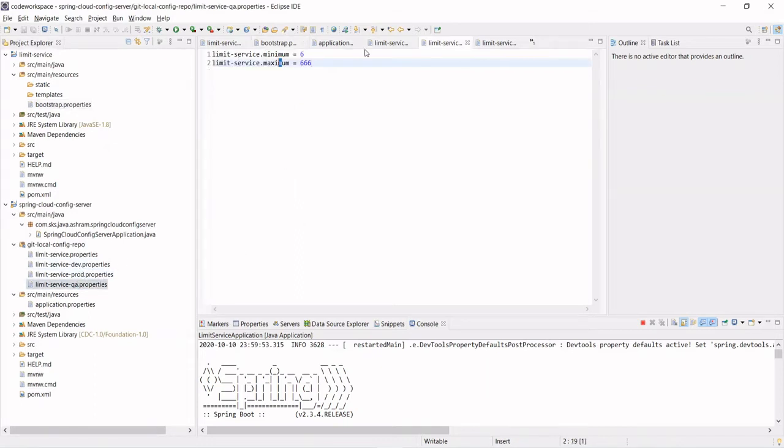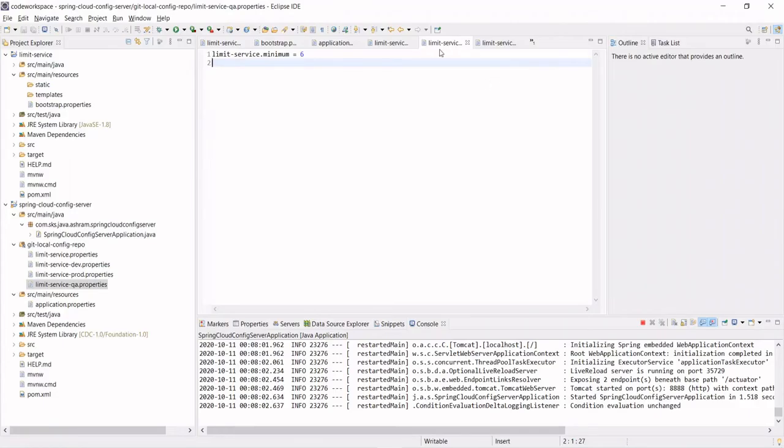So let's see in QA. I did not provide the limit of the maximum, so let's see how it does the magic. I have only the minimum in QA. If I go there, it's not picking it up. Why? Because I told you the limit service picks the configuration when it starts, from the configuration file.